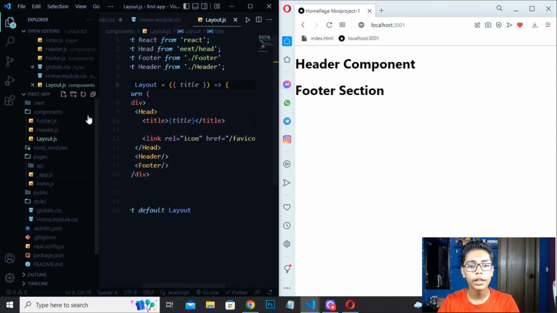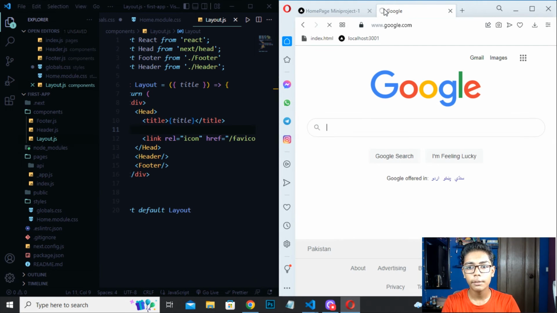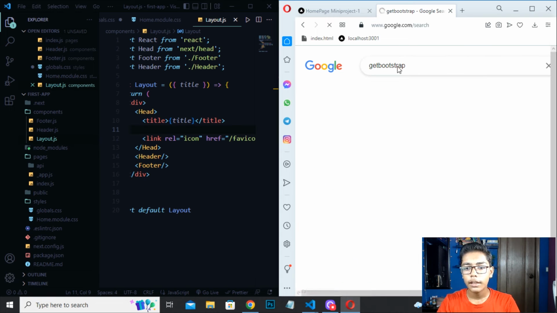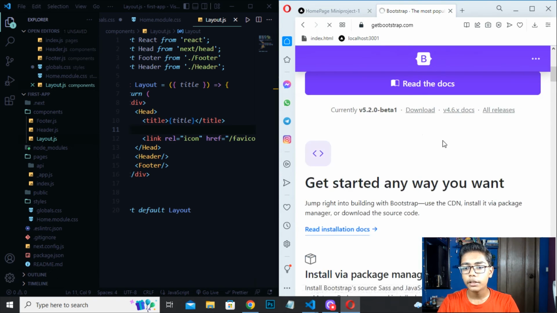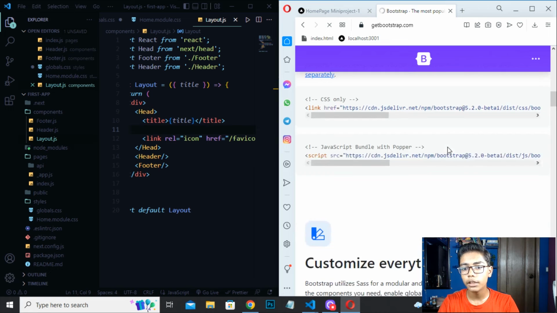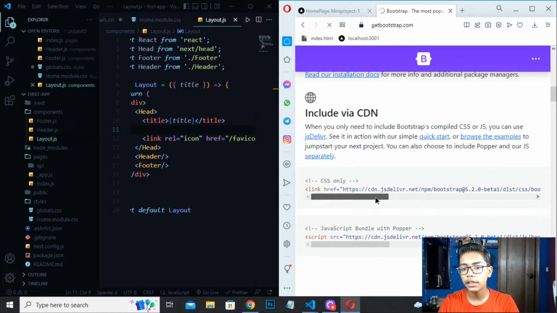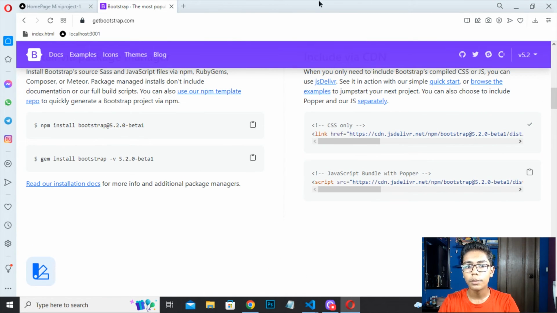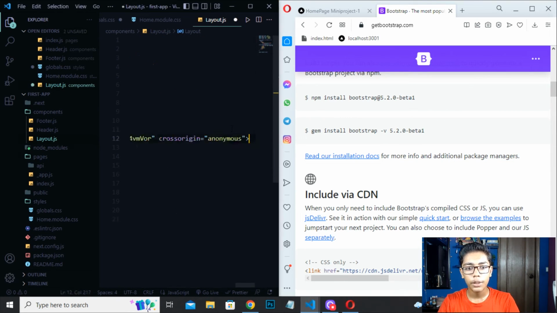So I will be moving to my layout.js file. Then when you are in your layout.js file, here you have to write a tag for Bootstrap. So I'll be moving here, then I will be writing get Bootstrap. You have to write get Bootstrap, and then move to this Bootstrap page, then copy the CDN link which you will get for Bootstrap. So this is the CDN here which we are getting. Now I want to copy this CDN, so I'll be pressing this copy button. When you have copied this, you have to paste it here and change the O to capital.